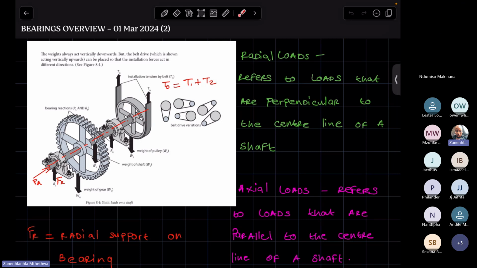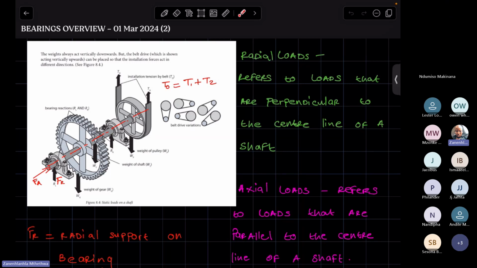Hence, the load that the shaft is being subjected to by the belt system will be the installation tension. That is aside from the weight of the pulley,